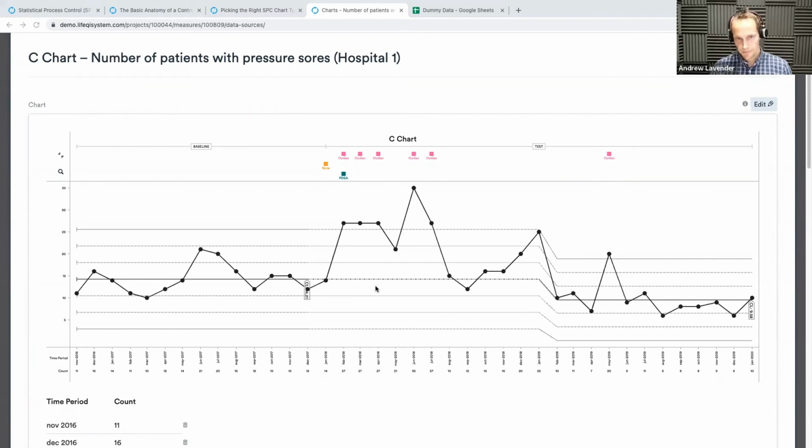So at the moment, all of the elements we see on here are all standard. Everything's displayed the same. So you will always have your data points as black circles. You will always have your mean as a dark line, and your control limits will always be displayed in the sort of lighter grey colour. Again, that is something that is going to change, and that will give you more flexibility